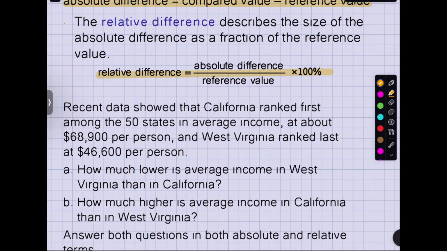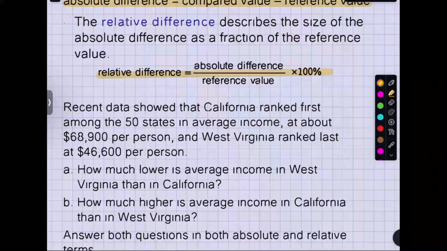Heck, cost of living in Naples versus Ave Maria is different. Well, Naples versus a lot of different places is different, right? This is the reason why the morning traffic from Fort Myers to Naples is awful. Traffic jams all the time because most people live in Fort Myers and come down to Naples to work. And the afternoon traffic from Naples to Fort Myers is awful because they're going home. Cost of living is different,